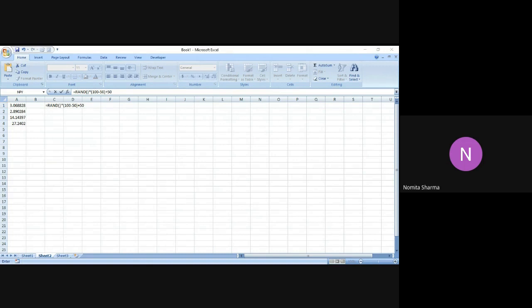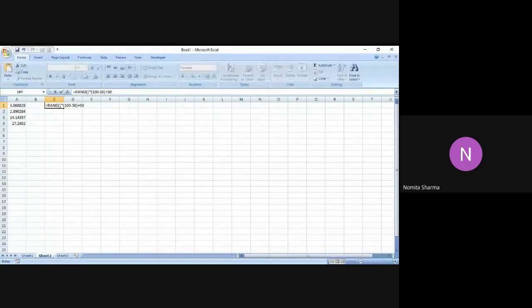It says equal to RAND function multiplied by bracket 100, which is the upper limit of the number which I want to have, minus the lower number, which is 50, and then I close the bracket, and then I write plus a, or plus 50. That is the second number which I have to mention over here.